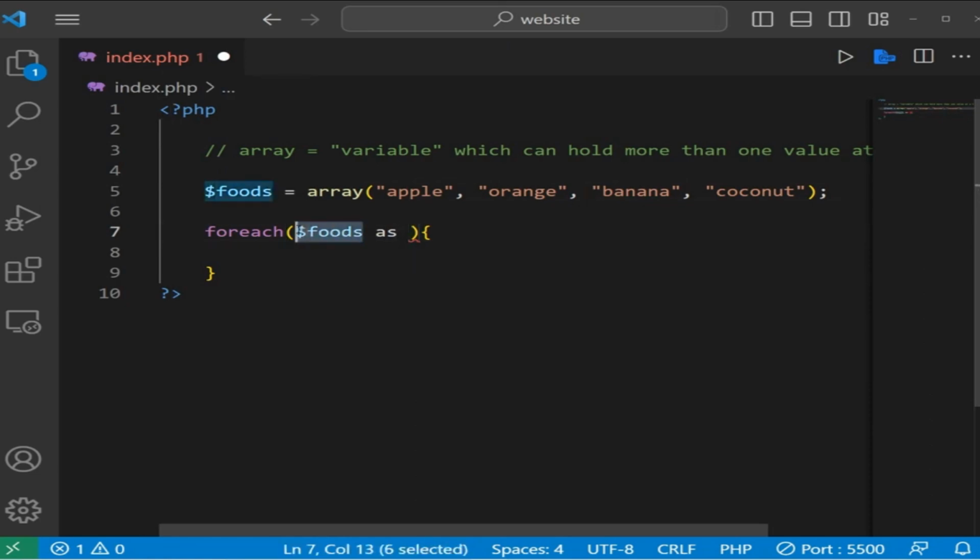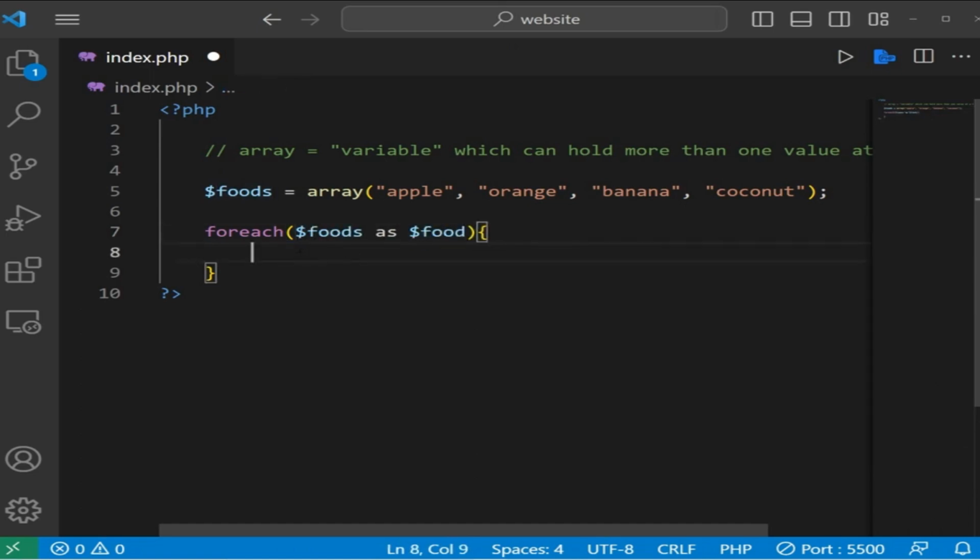If we're working with foods, well, each element is considered a food. For every food in foods. If we were working with different values, let's say cars, my foreach loop may be for every car in cars. But that's just my naming